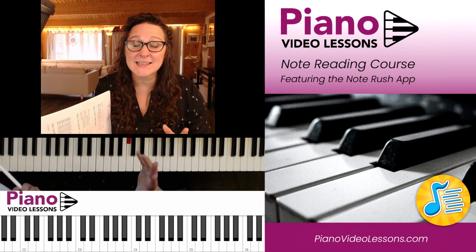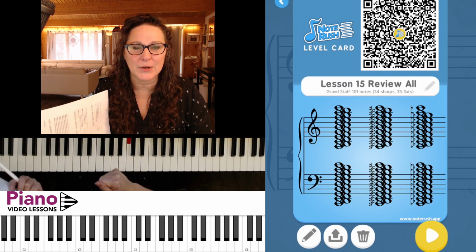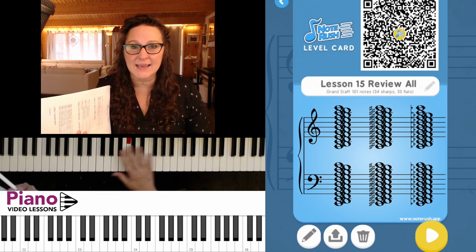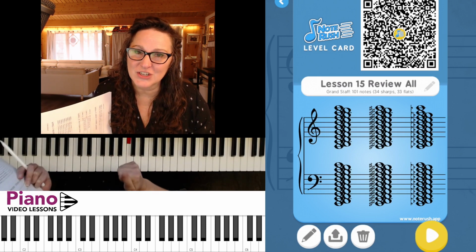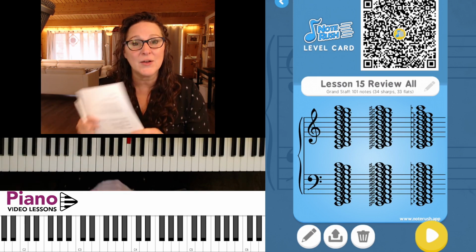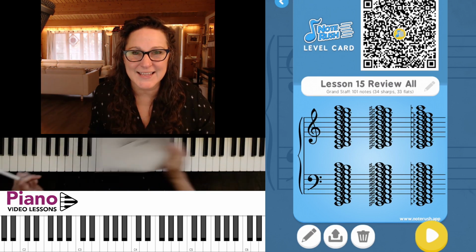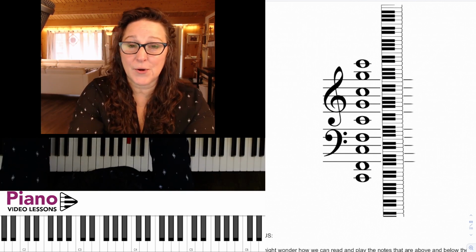This is a review lesson. It's a cumulative review of everything that we've learned so far. We're going to cover all of the white and black keys, sharps and flats, including white key sharps and flats. So we're going to practice those using the NoteRush app and also our workbook. Let's get started. All right, so having a look at the workbook here, I'm just going to go over everything